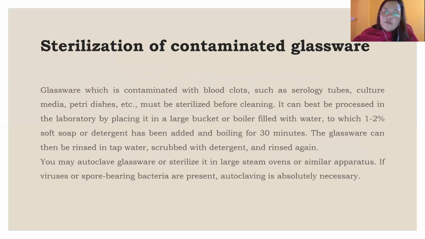How do we sterilize glassware? Especially when we use the glassware with contaminants such as patient-related samples, it is very much advisable to clean it properly and to sterilize it. Sometimes we sterilize the glassware, and then only we clean it. The main important instrument we use for sterilization is the autoclave. Otherwise, in some places we boil it for 30 minutes and then we can reuse it.